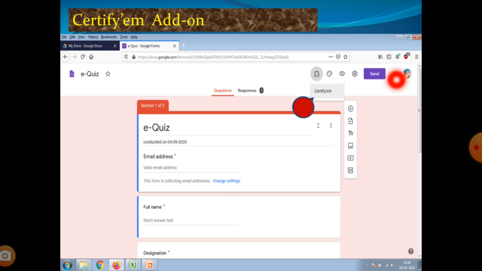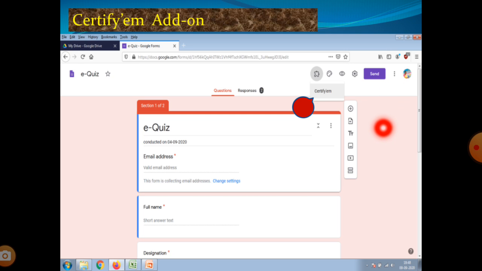When we click add-ons, it asks us to install Certify AM. In the G Suite Marketplace there are many add-ons, such as Certify AM, Autocrat and Form Manager.